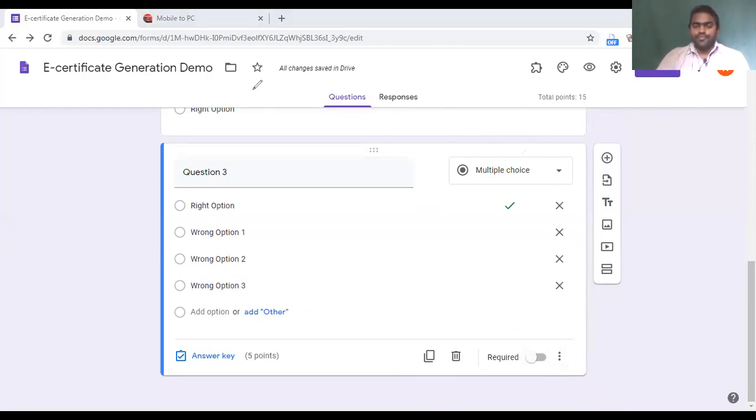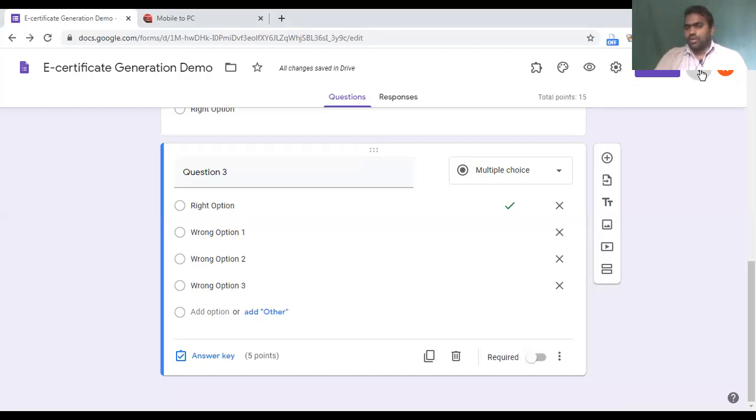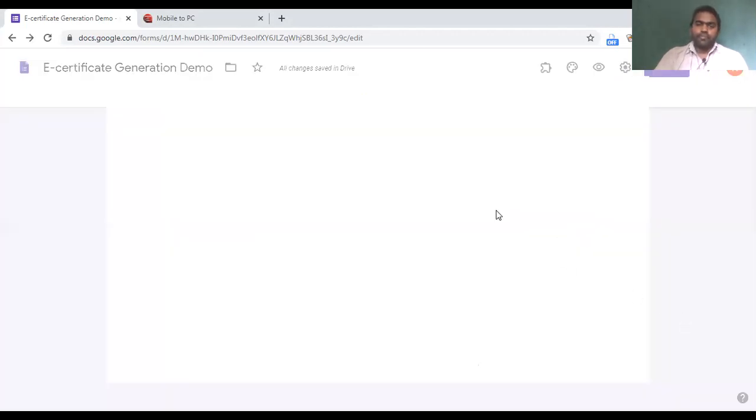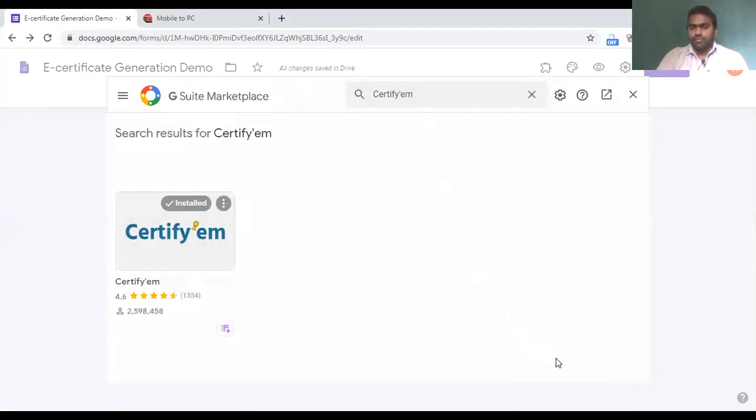Now, certificate generation is not an inbuilt feature of Google Forms. For that, you need to go to options and install an add-on. So click here, the 3 dots, then click on add-ons. Then you search and find an add-on called Certify, Certify EM.